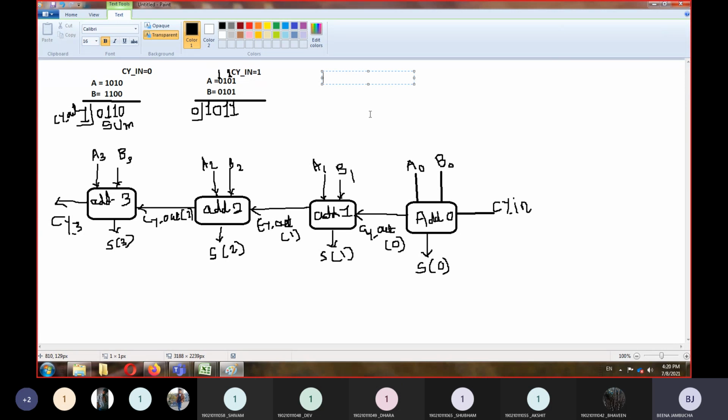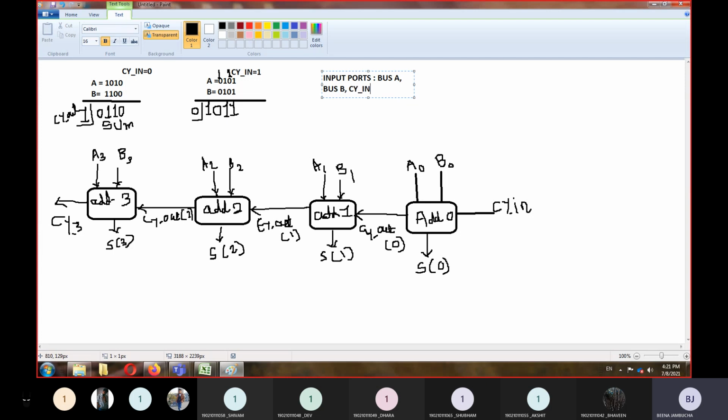Which will be the input and output ports? A0, B0. Right. Not only A0, B0, we will have to call it bus, right? So bus A, length is 0 to 3, right? And bus B, again it is 0 to 3, vector of 0 to 3, it is a 4-bit vector, right? So they will be your inputs.